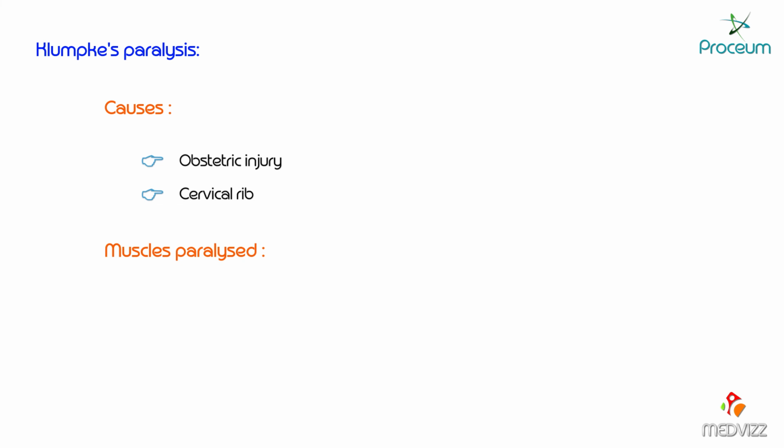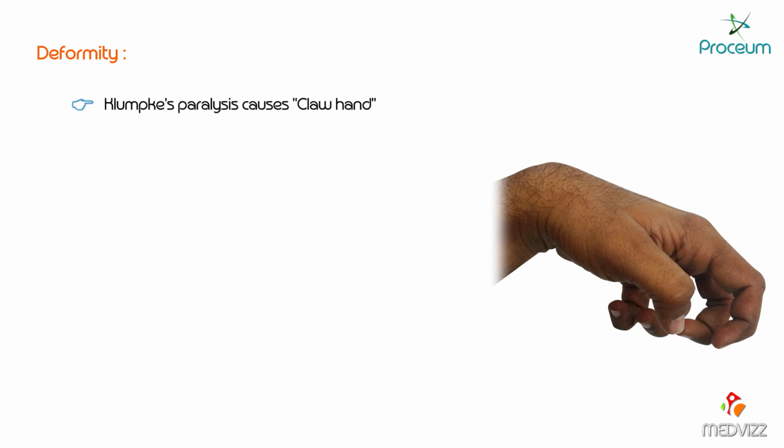And what are the muscles which are paralyzed during this condition? The muscles paralyzed are all the small muscles of the hand, because the ulnar nerve gives innervation to the intrinsic muscles of the hand, and the sensory loss is mainly seen on the medial side of the arm. And what is the deformity? It causes claw hand, and the characteristic features of the claw hand, as you can see over here, there will